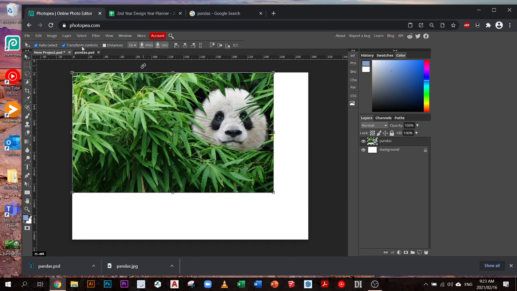But then if you don't want to see those controls anymore, you can just go up there and tick transform controls, and then you can turn it off. All right, and there's another way to get to it as well, which we'll look at later. So you'll see we have a background layer now, and we have the pandas layer. Okay, so now that we have two layers in our document, I can show you some of the basic properties